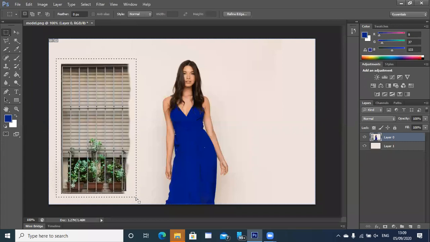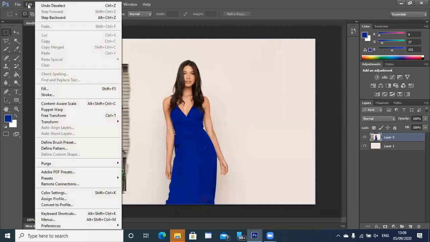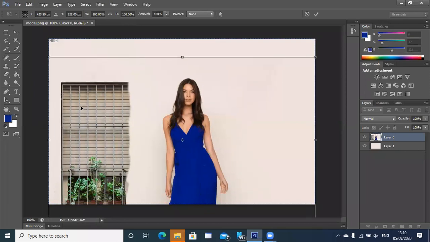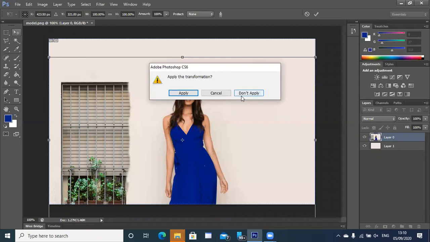There's one more way, ma'am. We want to erase, but I don't really want to delete it. So what you can do is use the content aware tool. Only a certain area of the image I want to remove, so I can use content aware scale. Usually this is used in case of any image, for example, if I just want to... just a second. Sorry. Don't apply.